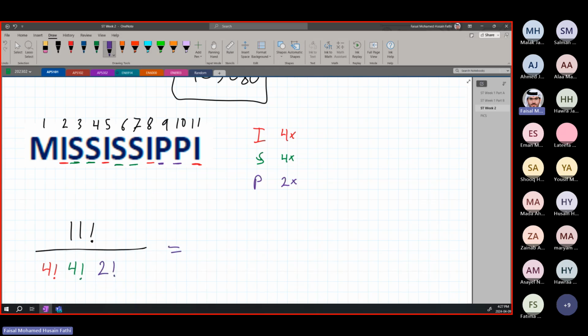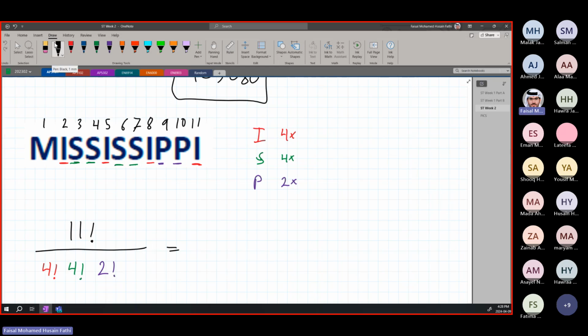We're just going to put that in the calculator and we will get our answer directly. That's it. Very simple. You will count your repeated words, your repeated letters, and then you will see how many times they are repeated. You will mark it down and you will put it in the division. And at the top, you're going to put the total number of spaces or letters you are using in total.